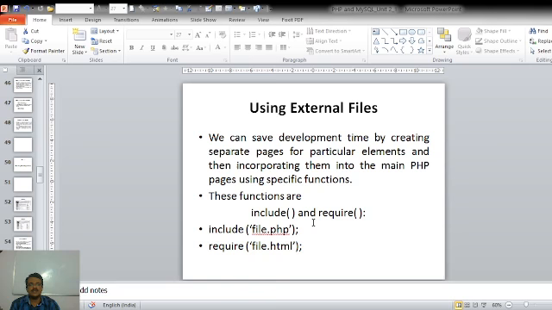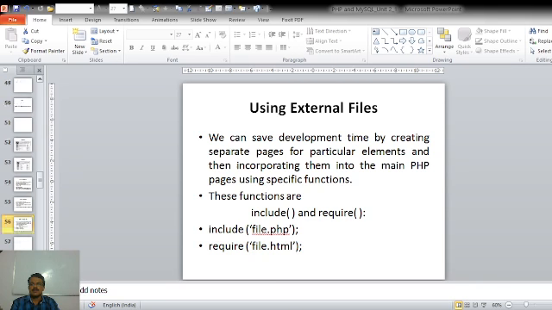By using these two functions, we can include our header and footer files in each and every web page. Okay, so this is how we create templates and use them as external files.